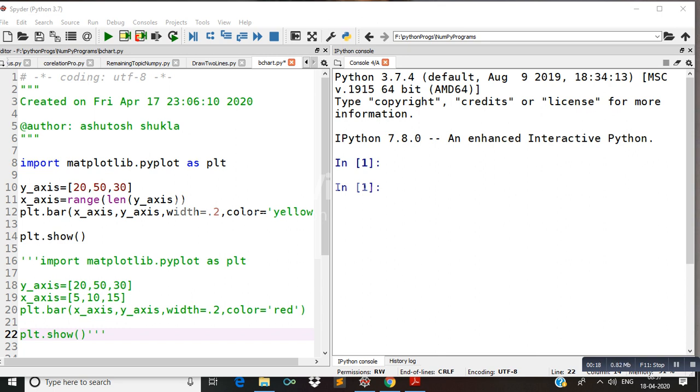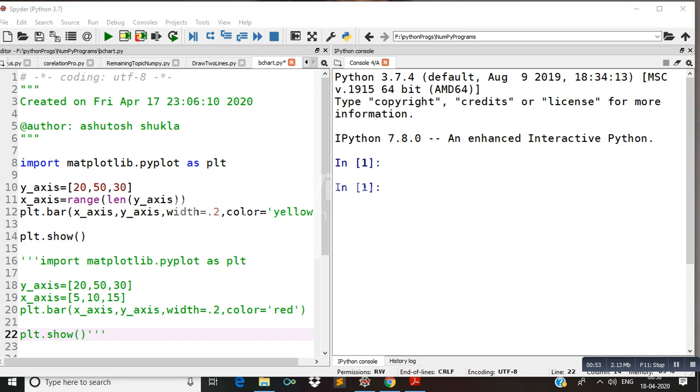So here we will discuss how we can create bar charts in Python. This is our new topic. Now you can see some code on the screen. I am going to explain the meaning of these lines. The active lines of this code can be used to create a bar chart. First, let's understand the first line.